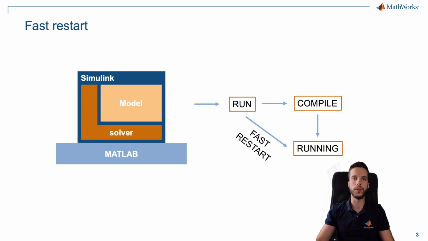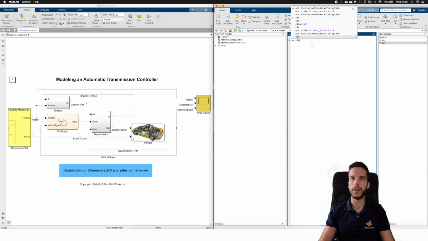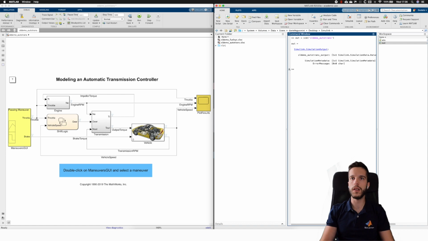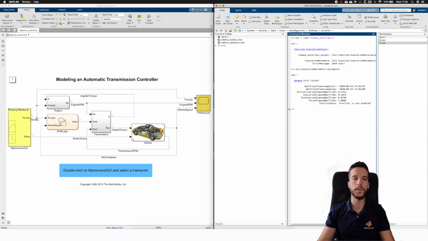So let's see how to use this functionality. Okay, let's suppose that we have this model of an automatic transmission controller and we want to run it in the normal mode. So I can simply run it through my MATLAB window, and if I check my simulation timing info, I can see that it takes 0.7 seconds to initialize. In this case, it was a very simple model and the recompilation didn't take so much, but we can see